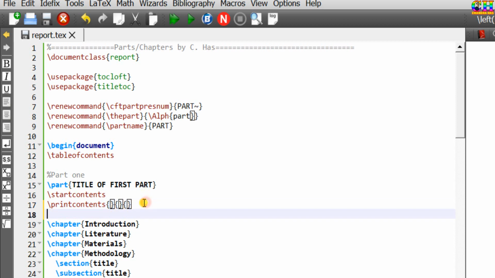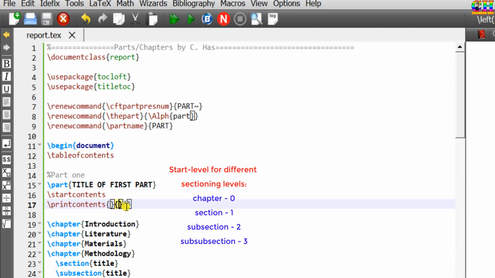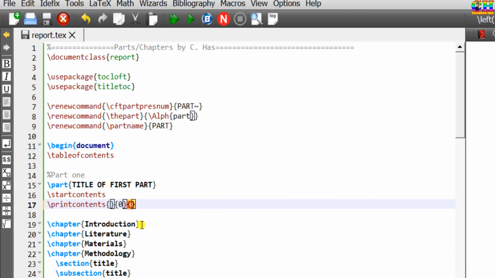There are 3 mandatory arguments. First one is for prefix, meaning for formatting of the toc. If you don't write anything, then the default setting will be taken. Whatever is used by the main table of contents, I'll leave it as blank. In the second curly bracket, we need to write a start level. For the part, top level entry is chapter, and for chapter level is 0. The last bracket is for the local code. This setting will be used for only this table of contents, not for the main contents. For example, here we can set the contents margin locally.